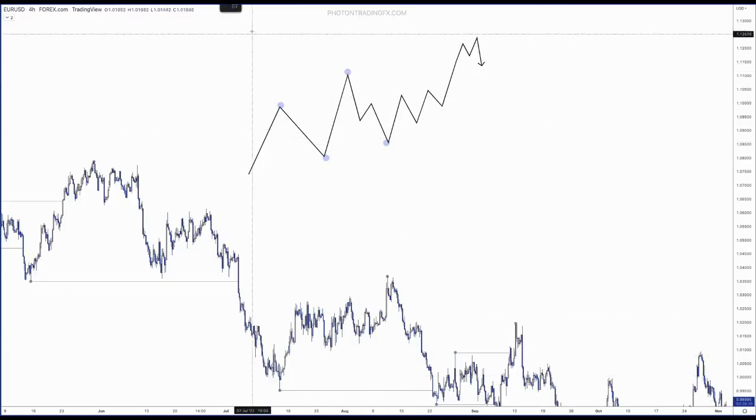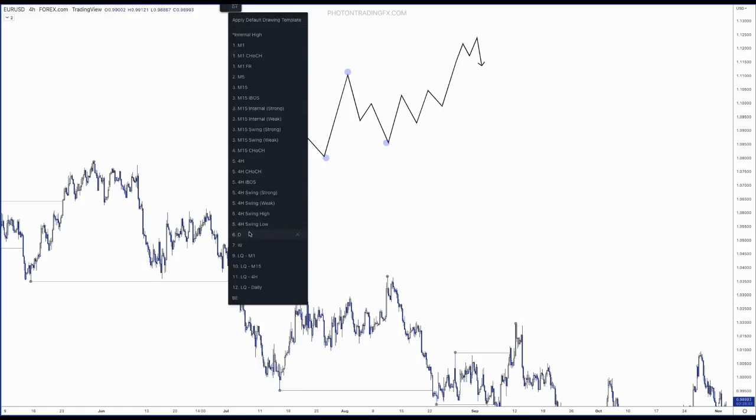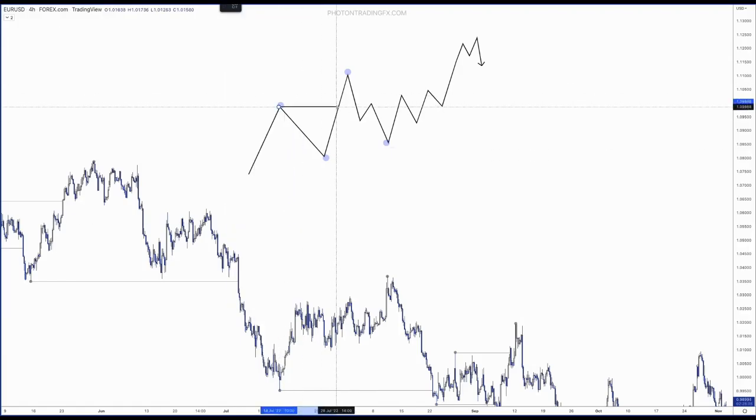And then we'll put on some bosses. Let's use a thick line. Okay, so